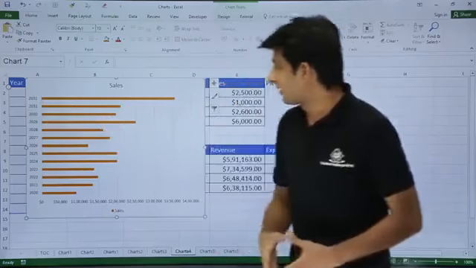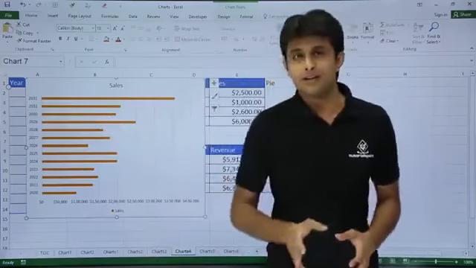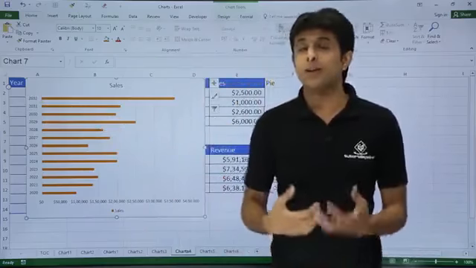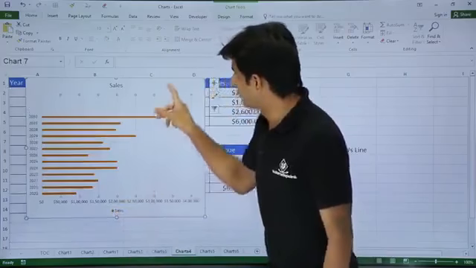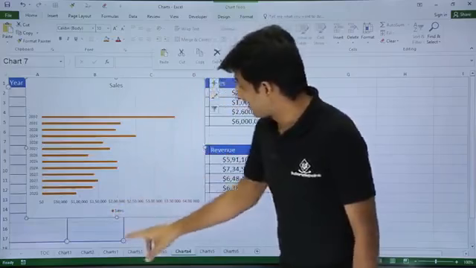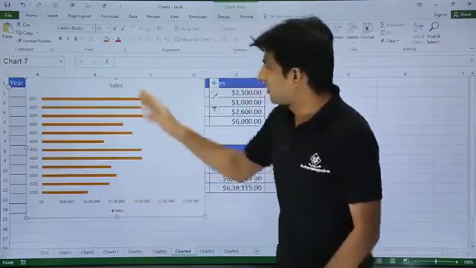It says 2032 has done more sales as compared to any other year. So the bar chart speaks louder. It makes your work easier to understand. So in maximum presentations, whenever you go, you can use this chart itself. So I'll just remove this. Yeah, that's it. So that's a bar chart.